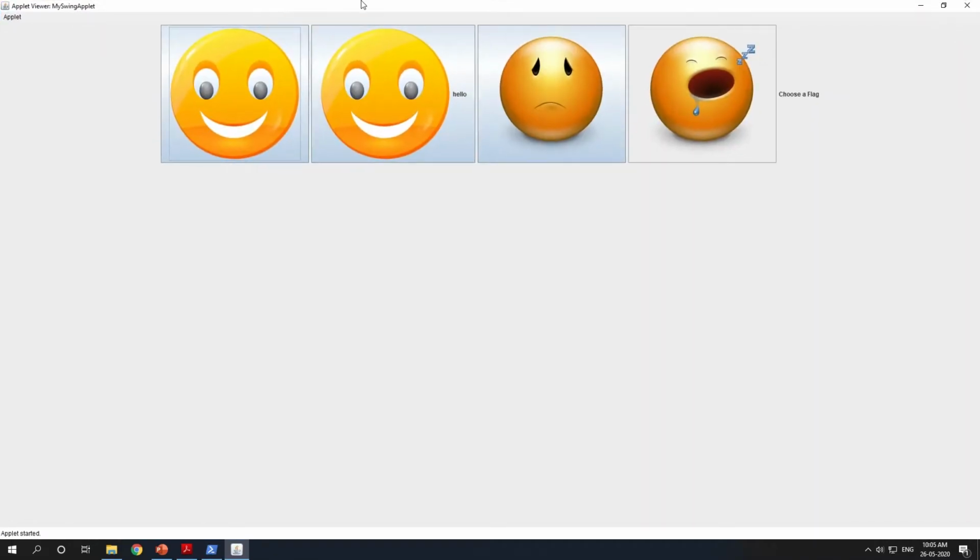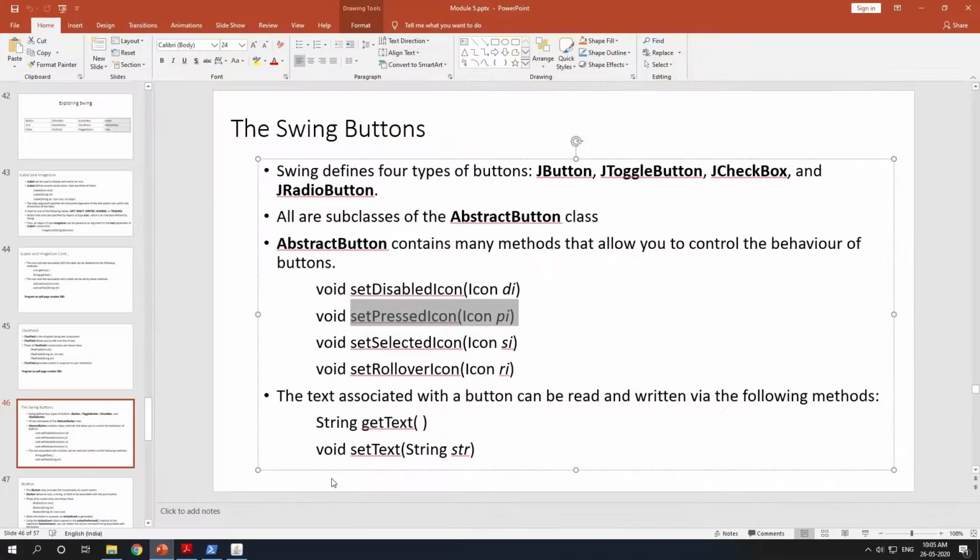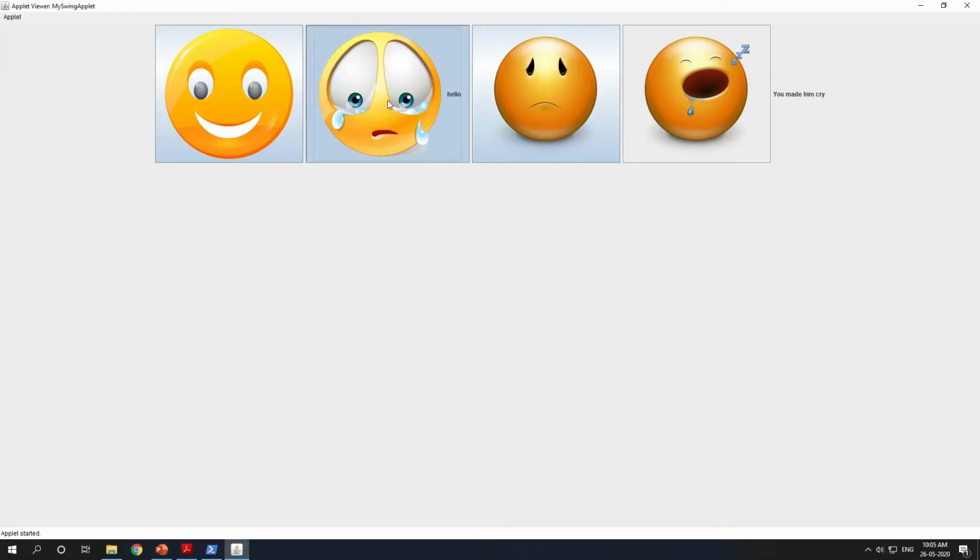In this, when I roll over, the icon changes. When I press, the icon changes. When I release it, the icon comes back to the same position. This is the pressed icon. Whenever I press this, my mouse button is pressed, so this icon will appear. When you release it, the previous or default icon will appear.